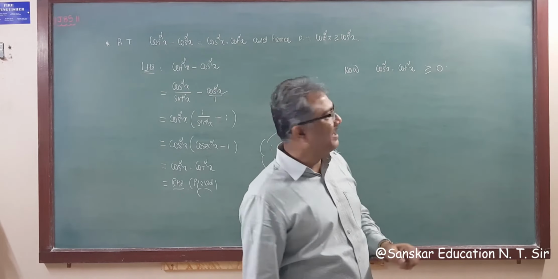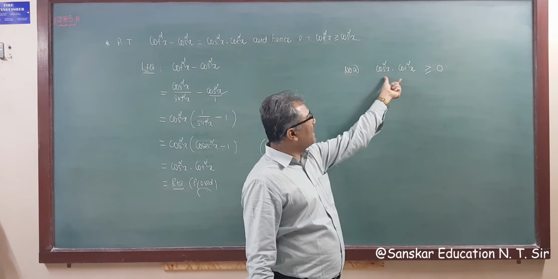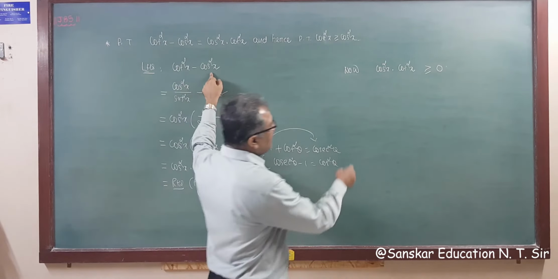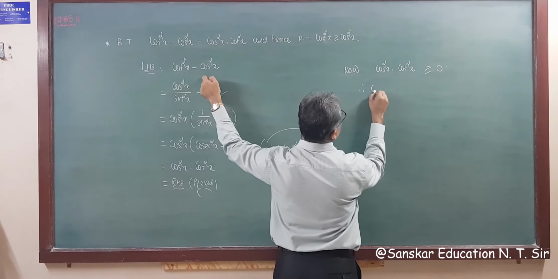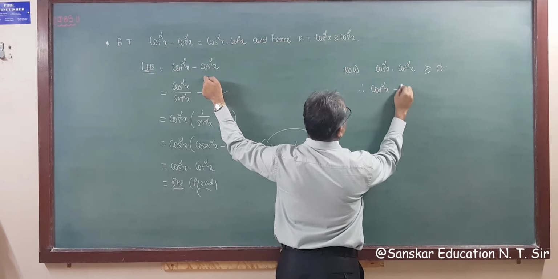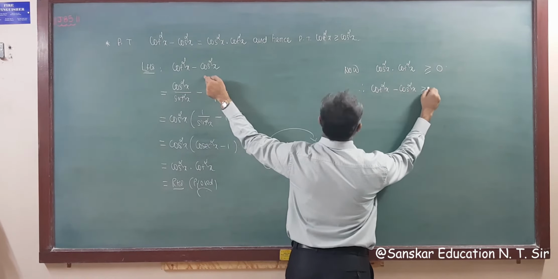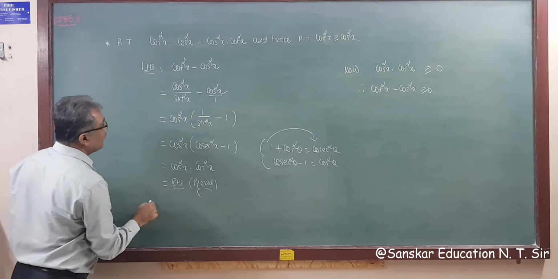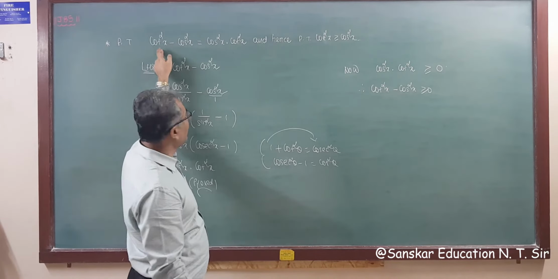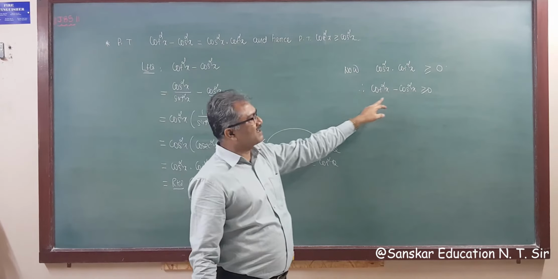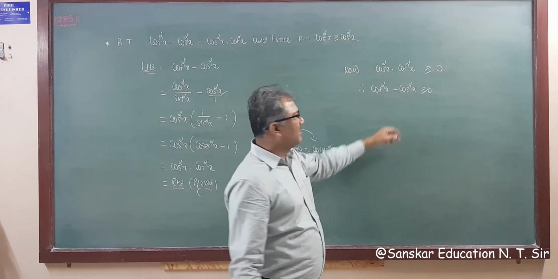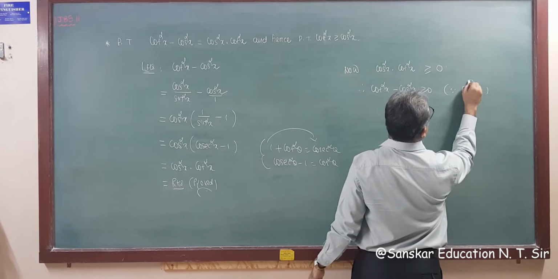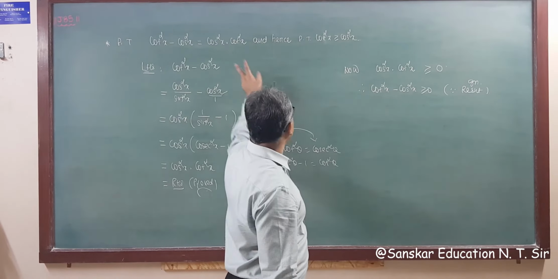That you know, right? Now we proved that cos square x into cot square x is cot square x minus cos square x. So this implies, therefore, applying this result, cot square x minus cos square x is greater or equal to 0 due to this result, right? We proved this. So if we want to write, then you can write, otherwise give it a number. So using this result, cot square x minus cos square x is greater or equal to 0, right? Because of the given result, this we proved.